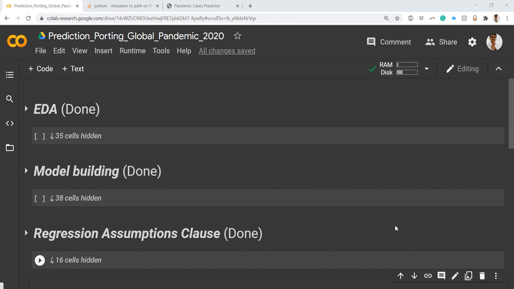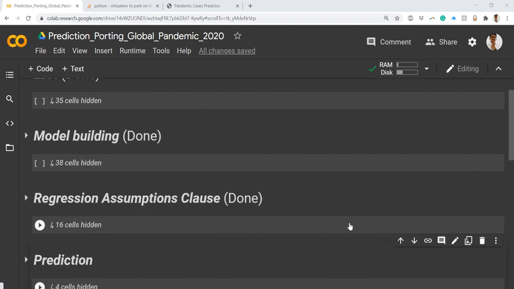So what we do today is we have two parts, say we have a coin. On one face of the coin we have the prediction, and on the other side we will be exporting this to a web application. Sounds interesting? Yes. So we will be doing that activity also, and we'll see the power of Python in that domain as well, for deploying a web application. So we are on the first part, that is we want to do the prediction.